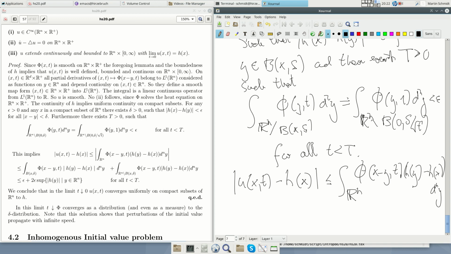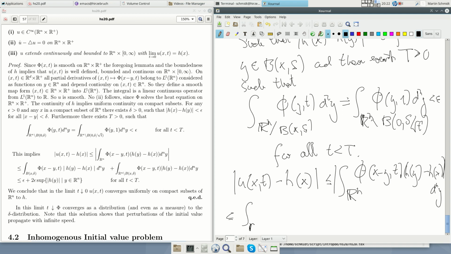This is by the lemma, since the integral of phi, the second term, gives just this term here, and then the absolute value. Then we can estimate this, putting the integral in,